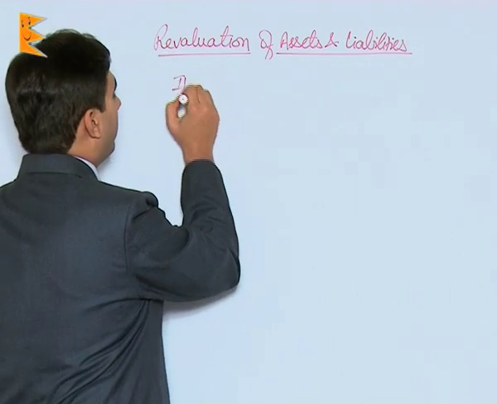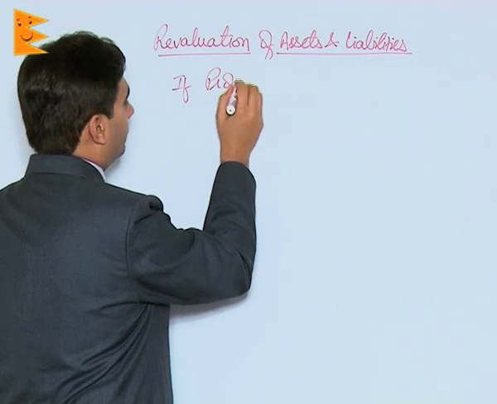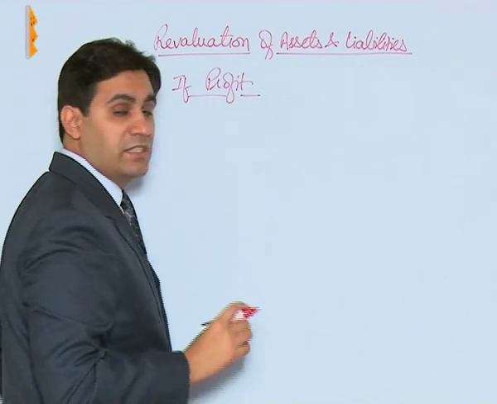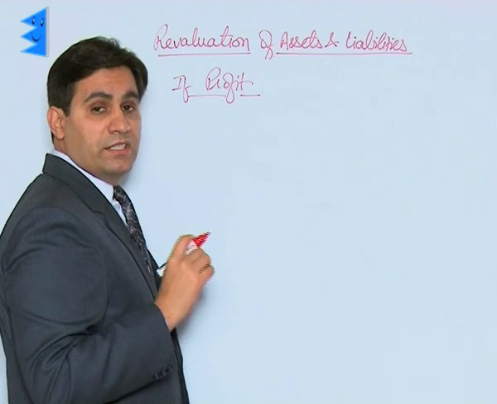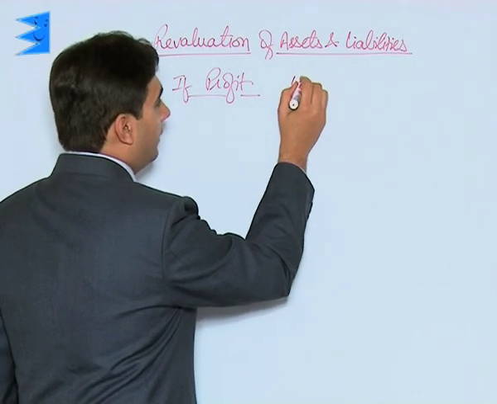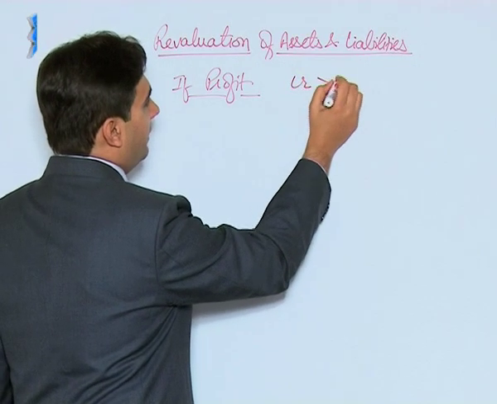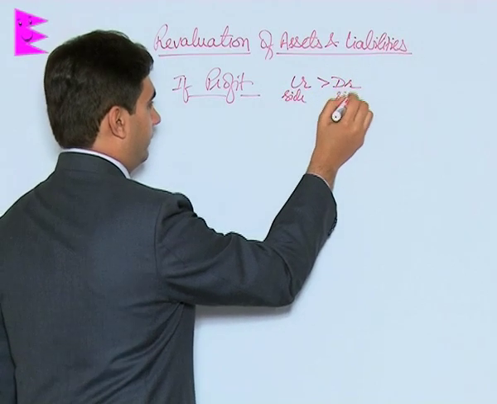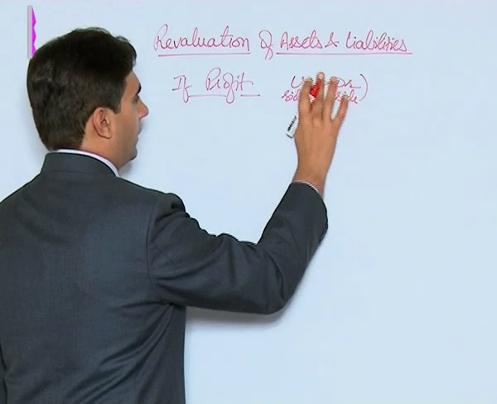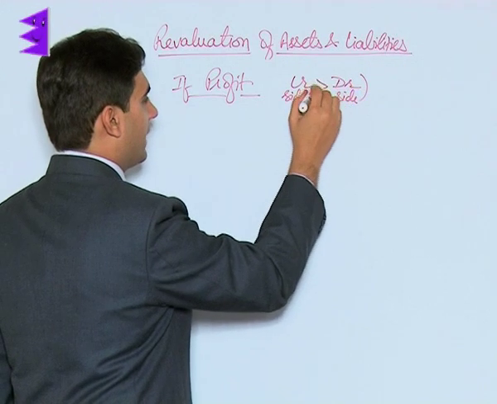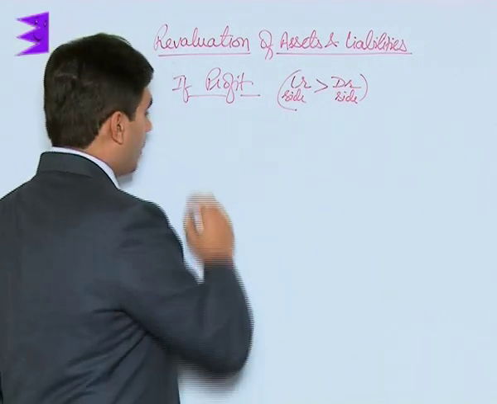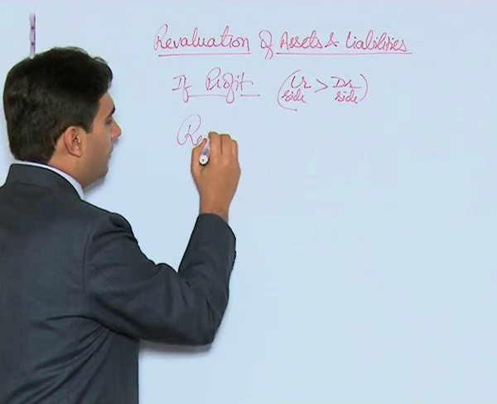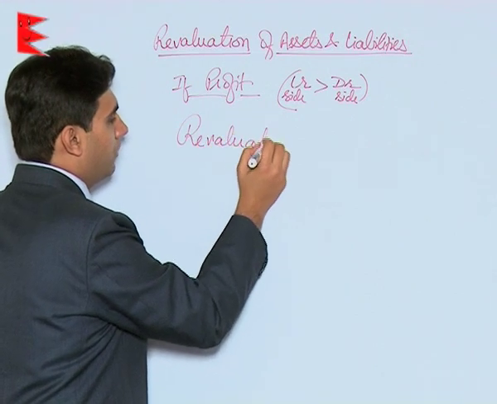So if the revaluation account is showing a profit, or we can say that the credit side is greater than the debit side, that shows profit. The journal entry for distribution of that profit would be revaluation account debited